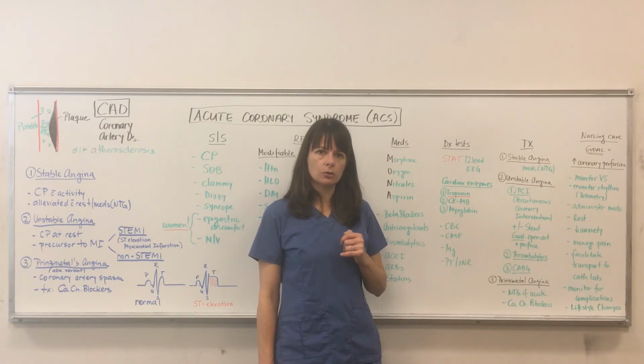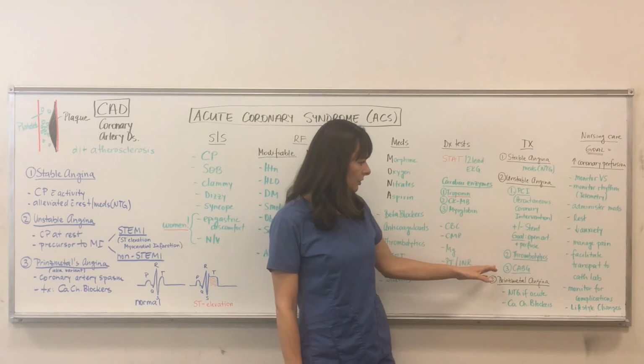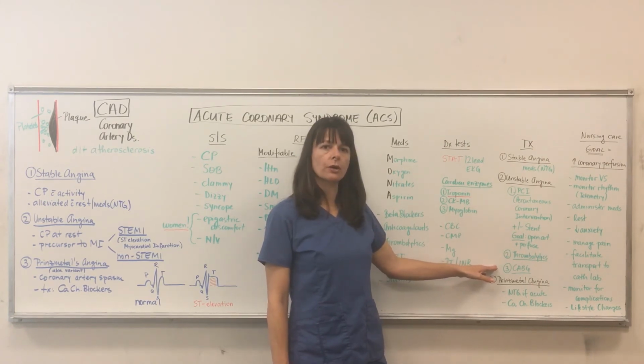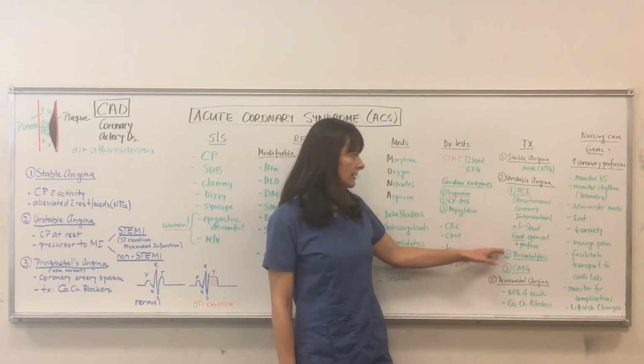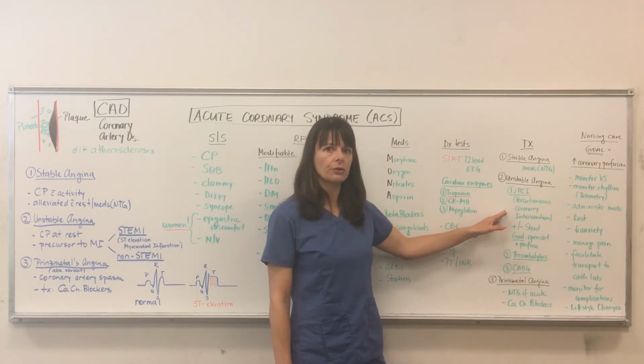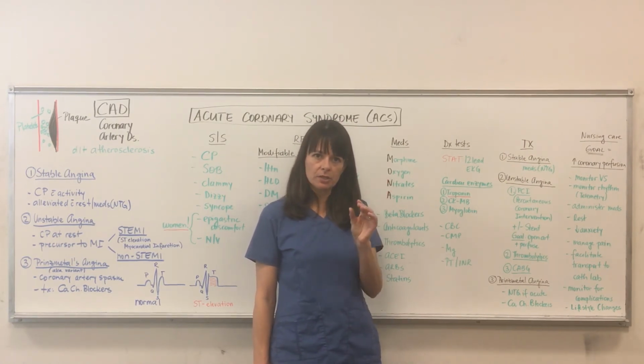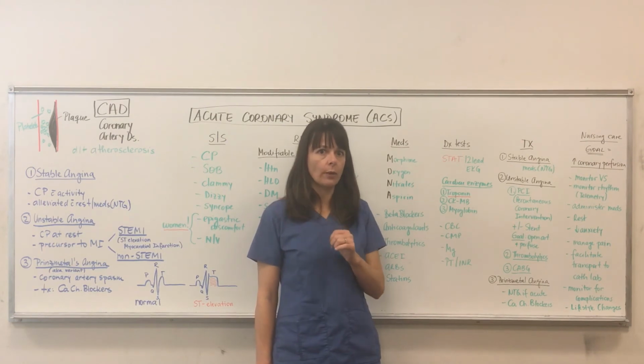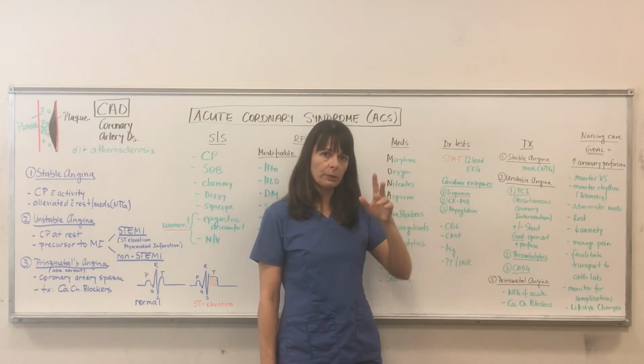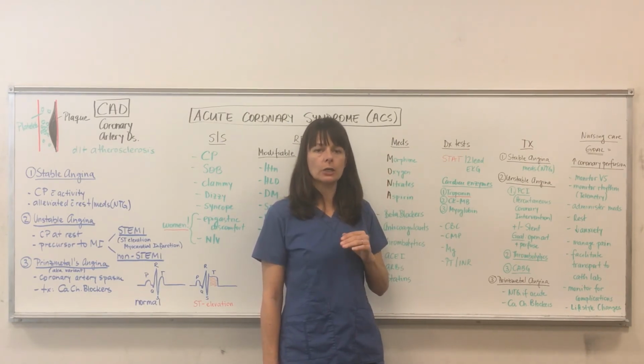So look at the video about stroke where I discussed thrombolytics in a little bit more detail. And then thirdly, we have CABG, which is coronary artery bypass graft. And that basically means if the surgeon gets in and they're looking at the coronary arteries and they're finding 3, 4, 5 arteries that are majorly diseased, 90% closed, so there's not a lot of blood flow going on, they might just do what they can at the time of the PCI and open these arteries and then say, no, we actually have to go in and do open heart surgery and create a bypass for